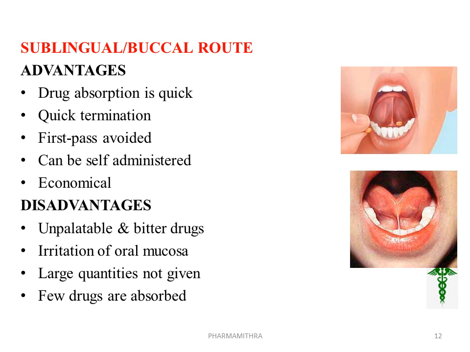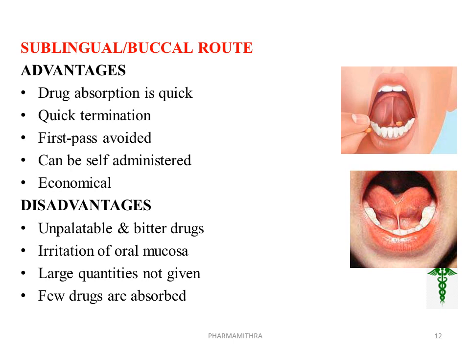Next route, sublingual or buccal route of administration. As the term suggests, here the tablet or pellet containing the drug is placed under the tongue, or crushed in the mouth and spread over the buccal mucosa. Sublingual means under the tongue. If it is crushed in the mouth and spread over the buccal mucosa, it is the buccal route.